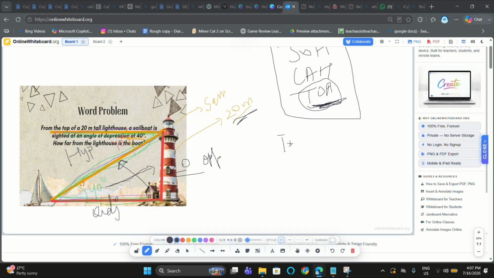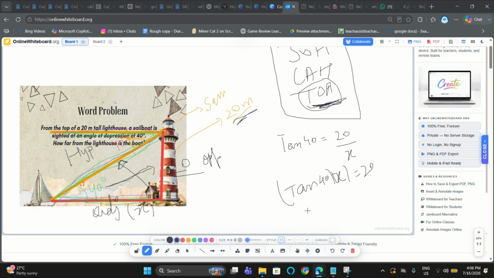So tan of 40 is equal to opposite, which is 20 over x, right? And now we take tan 40 and x. It's like two different things being multiplied. Tan 40x is equal to 20,